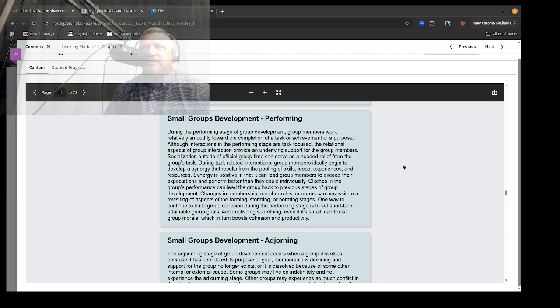Once we've settled our differences and moved through and started to brainstorm, started to actually come up with solutions, we're in the performing stage. The performing stage is really where the group all works together in small and large ways to come up with real ideas, real experiences, real solutions to problems. Synergy is a positive that can help group members to exceed their expectations. Remember, the sum is better than the parts. We can all help each other be better in this performing stage, coming up with a solution. This is where we come up with the solution. This is where we solve the problem